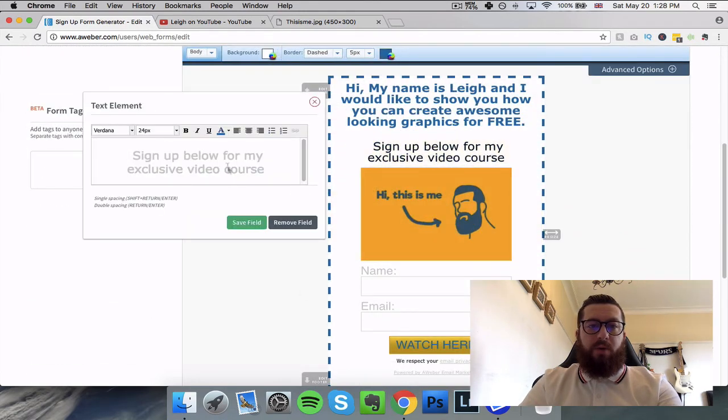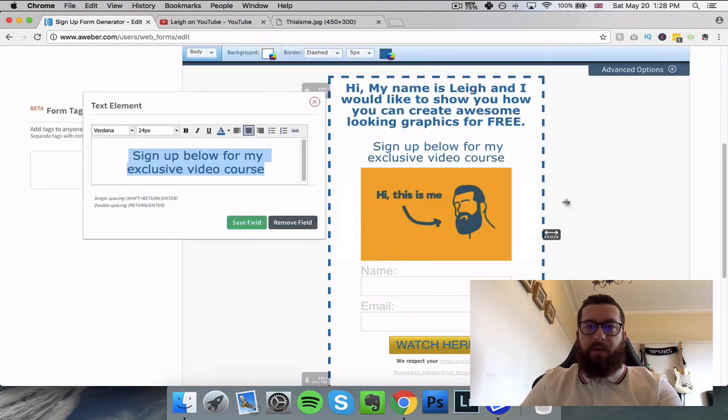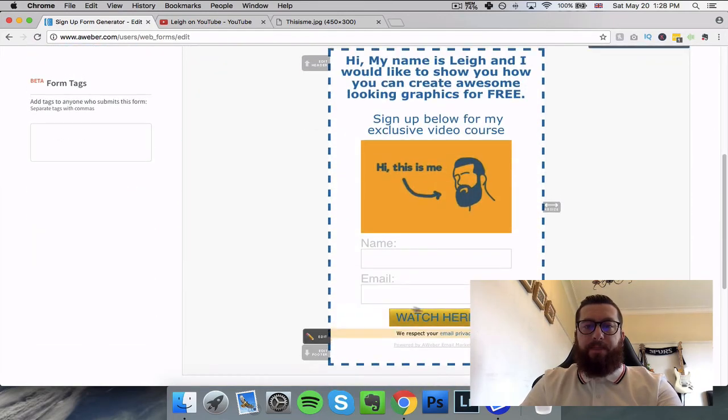Do the same with this one. Copy that. Go down to more colours. Paste it in there. We're going to click that, and we've now got everything in the same colour scheme, which is pretty good. We've got our image there,